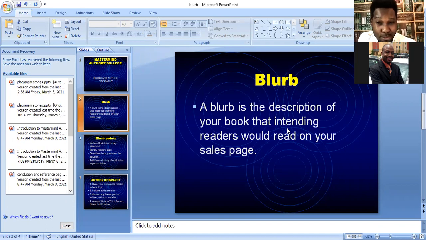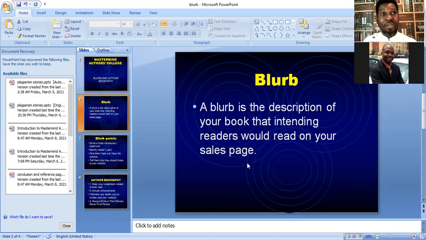Now, we said the blurb is the description of your book that intending readers would read on your sales page. So when somebody clicks on the link of your book and the link takes them to Amazon or any online bookstore, the first thing they would see is the blurb, which is the description of your book. Now, when you go to a physical bookstore and you want to buy a book,